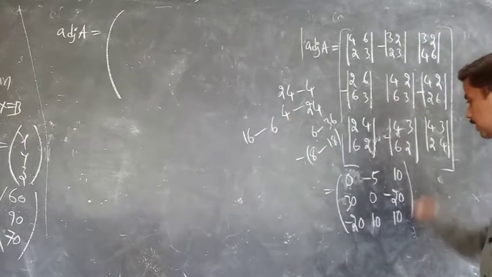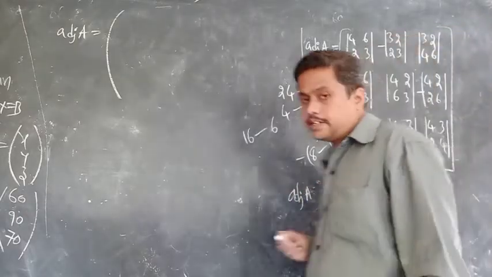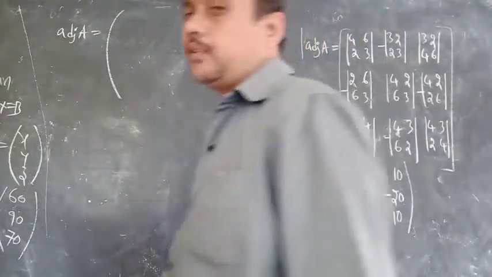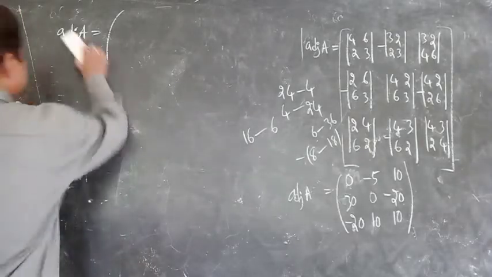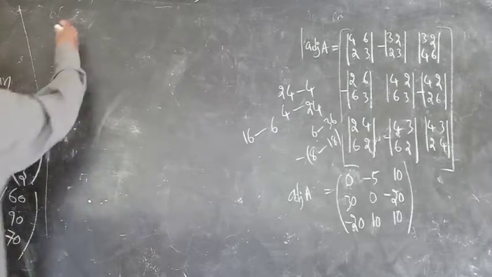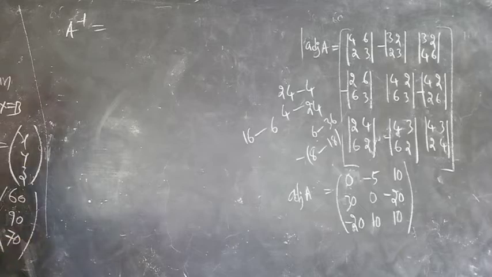So like that we have to calculate. This is called the adjoint A matrix. Okay? So calculate the adjoint A matrix. So you will get the determinant for 1 mark, adjoint for 2 marks. Okay. Next we will move to the formula. Calculate A inverse. So A inverse is equals to the formula you already know, 1 by det A into adjoint A.